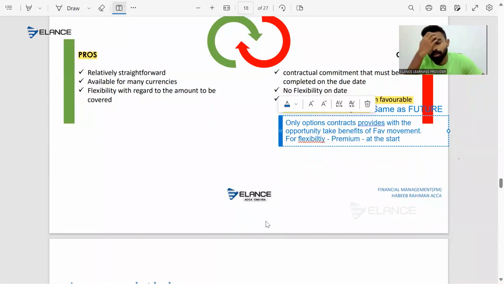In future, whether we exercise or lapse, whether we fulfill the contract or we just lapse it, that's not a concern. The counterparty is giving a flexibility to exercise or lapse, so you have to make the premium payment at what point? At the time the contract is made, or at the time the contract is exercised or lapsed? No, initial time. In future, we might exercise or lapse, but initially itself we have to pay the premium. So options are